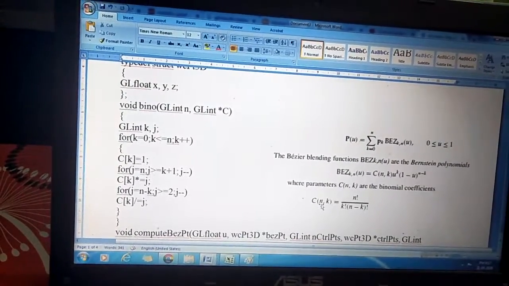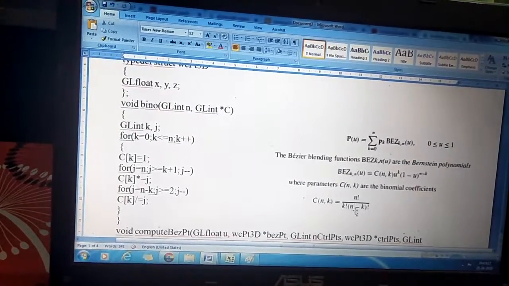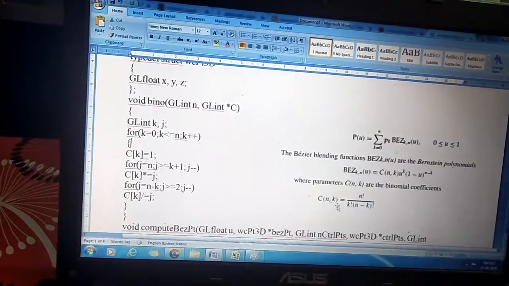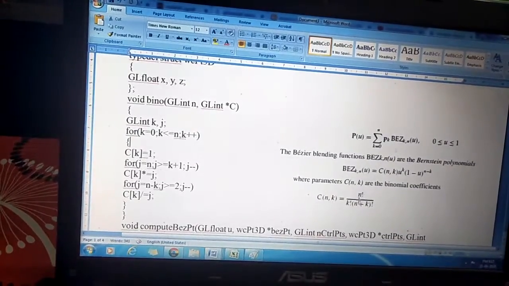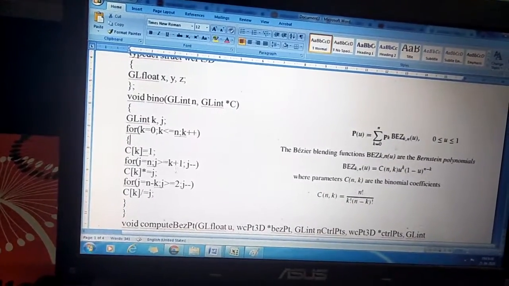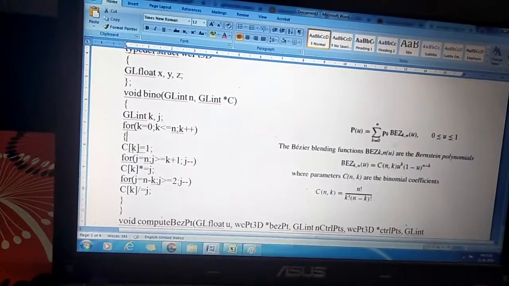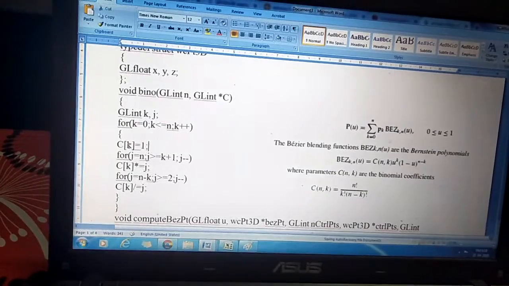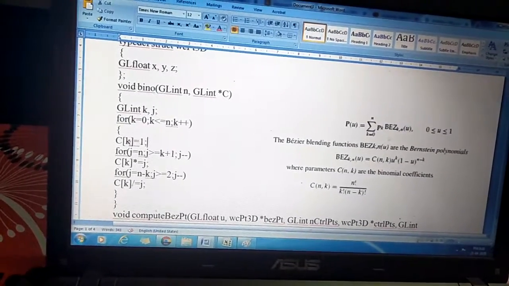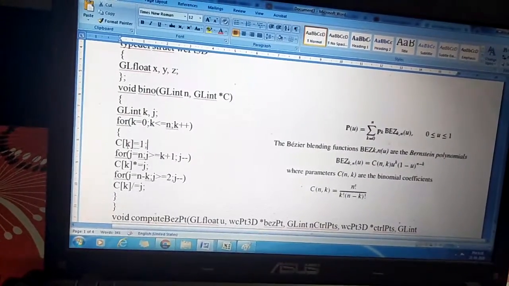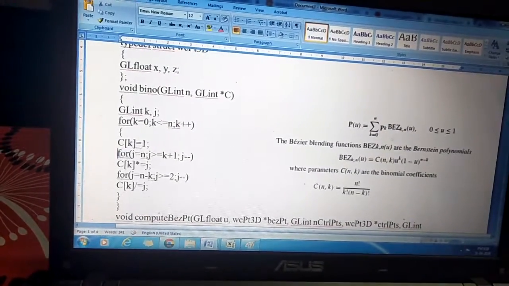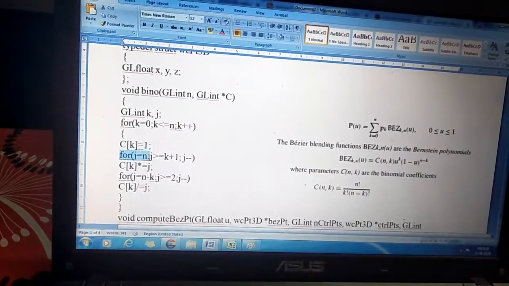If n value is 1 and k value is 3, initially I'll do 1 factorial. Whatever the n value might be, I'll give 1 factorial, 2 factorial, 3 factorial. So initially c of k will be 1. C of k, that is c of 0, will be 1. C of 2 will be 1. Whatever it might be, c of k will be 1. Then an iteration j starts, that is from n.